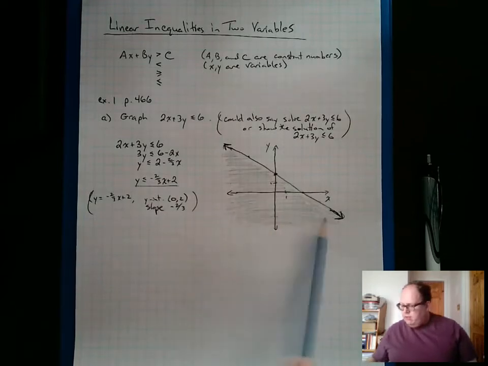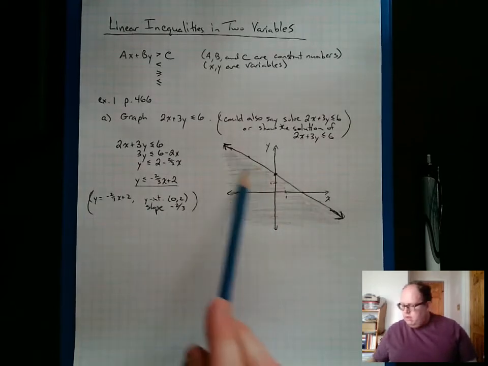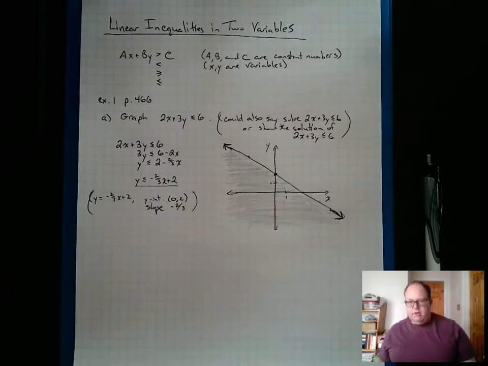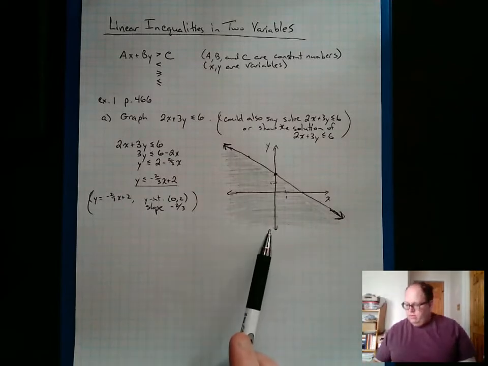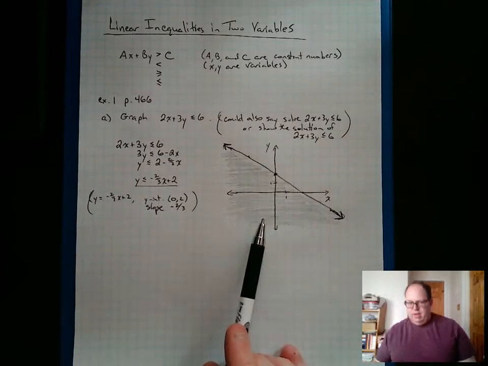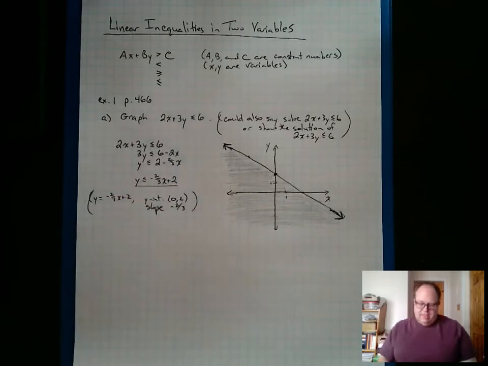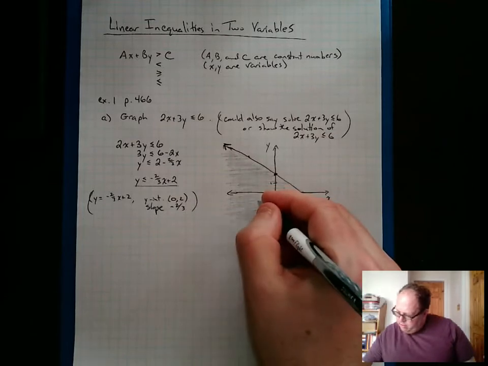Hopefully that shading shows up dark enough on the film. I believe it is showing up there. So what I have just shown is a region in which every combination of x and y in here satisfies that inequality. So if I picked any point in here, say the point